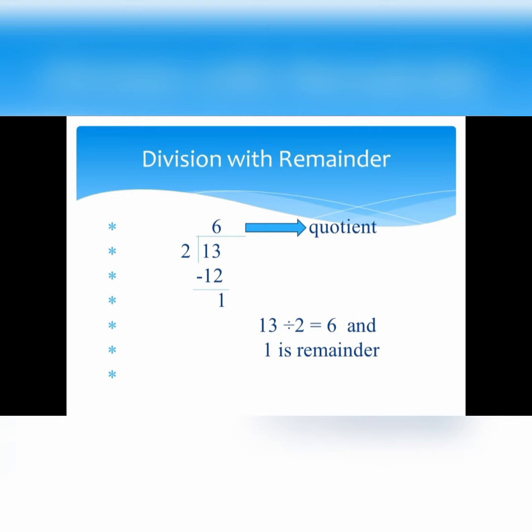As you can see in the table of 2, 13 is not coming in the table of 2 because 3 is an odd number and an odd number will not come in the table of 2. So, we take the smaller number than 13, which is 2 sixes are 12. So, 3 minus 2 we get 1. 1 is left and 1 is smaller than 2. So, we put the 1 over here and this one is called the remainder. And this 6 is called the quotient. Yes, very good. Now, I think you get it.